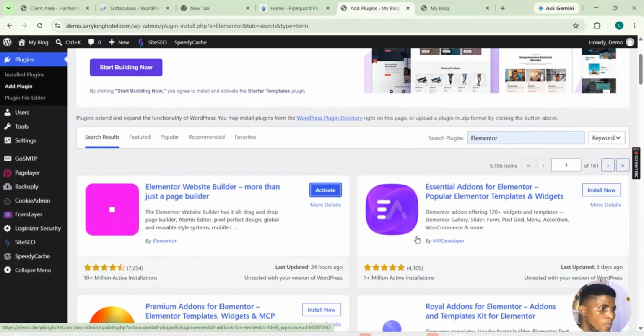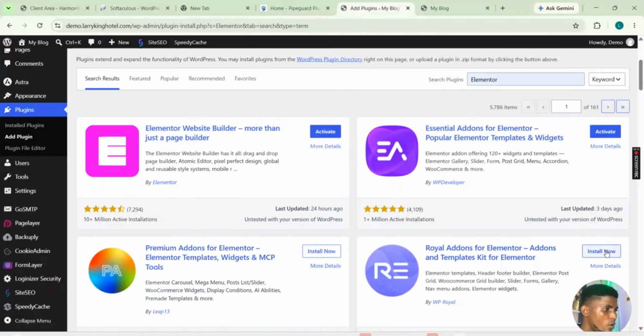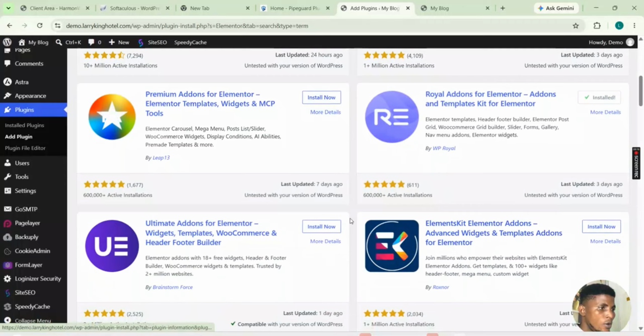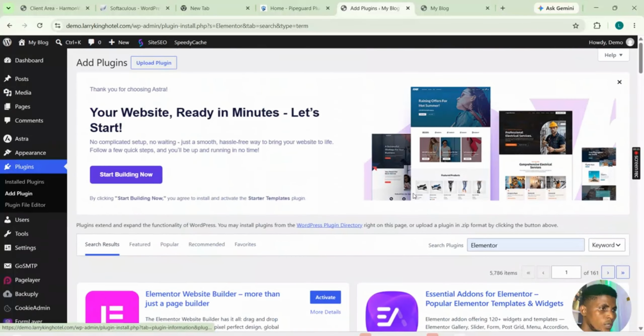Install Elementor add-on, essential add-on for Elementor. Install that too. Royal add-on for Elementor. Install that too. So Ultimate Elementor, install that too. So let's go back to here. Search for